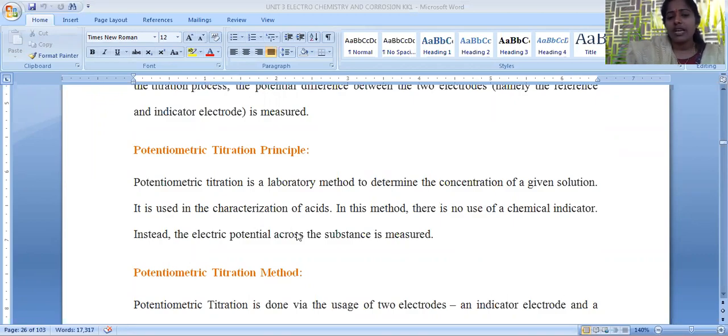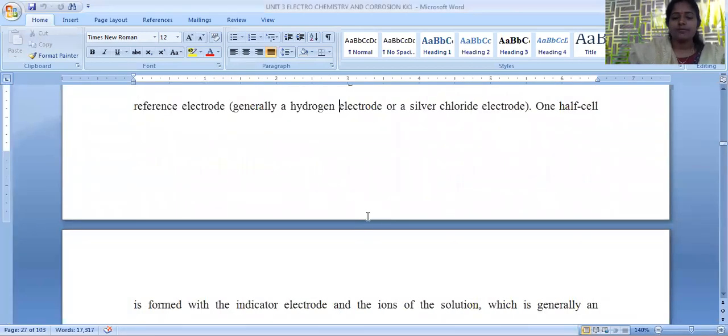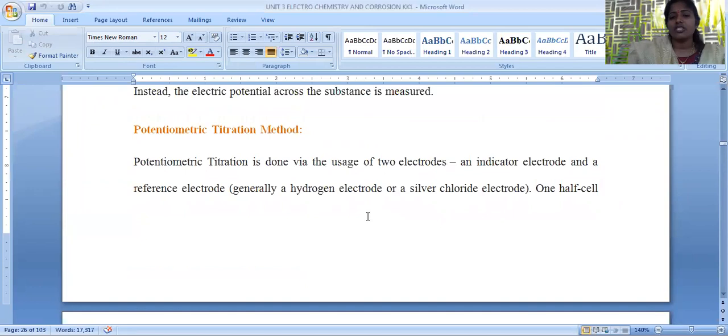It is used to characterize acidic solutions without using a chemical indicator, which is very essential in the traditional titration or volumetric method. Without the use of an indicator, we can determine an accurate endpoint value so that accurate concentration determination is possible. This is the main advantage of potentiometric titration. Not only the endpoint, it is also used to measure the pH of an unknown solution. pH measurement is very important in many applications. So these are the main advantages of potentiometric titration.